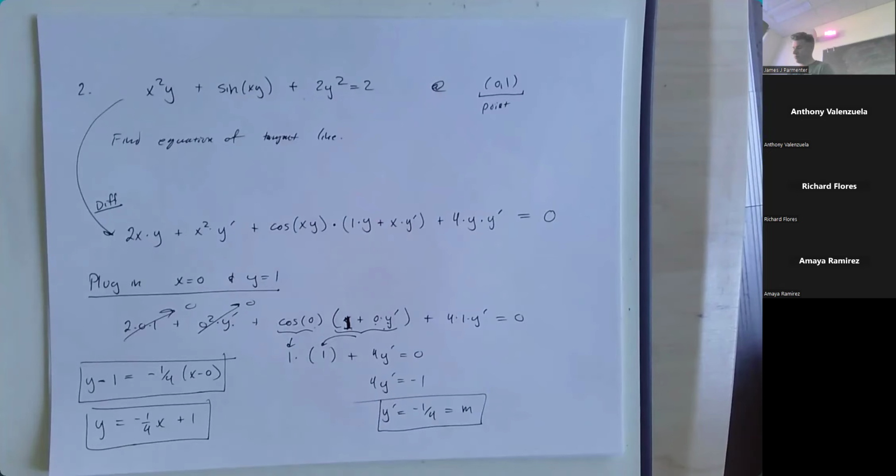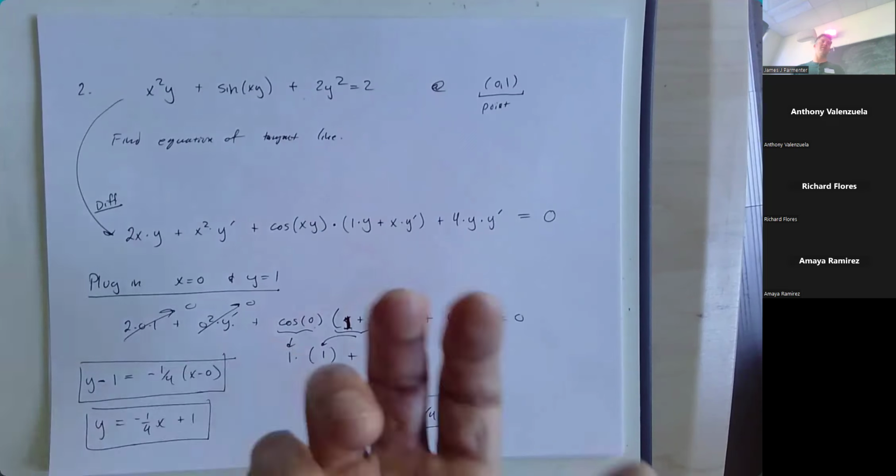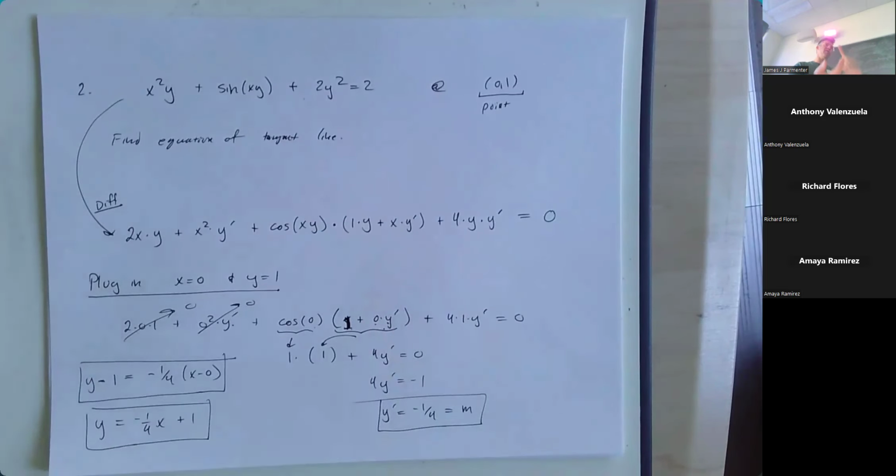I don't know that question. What if, I'm asking anyway, what if instead they said find the equation of the normal line? Has anyone said the word normal yet? Or orthogonal? Or perpendicular? Those all are really words for the same thing. If someone says normal, orthogonal, or perpendicular, you should think perpendicular. So if they said find the equation of the normal line instead, just to kind of add on something here,